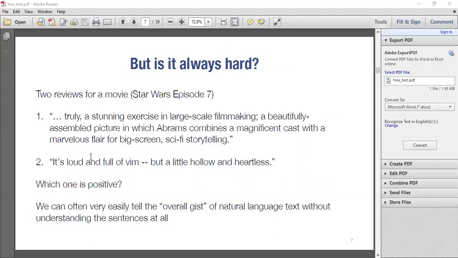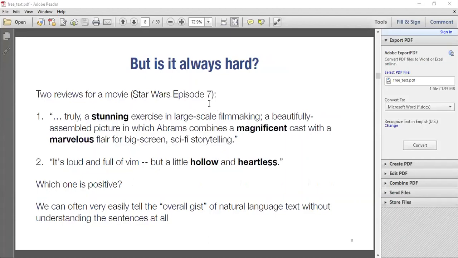Now, like I said earlier, if you look at these two sentences, you can easily say which one is positive and which one is negative. So we are trying to create systems that can also tell us this. In making your decisions about what is negative and positive, you rely on certain words.